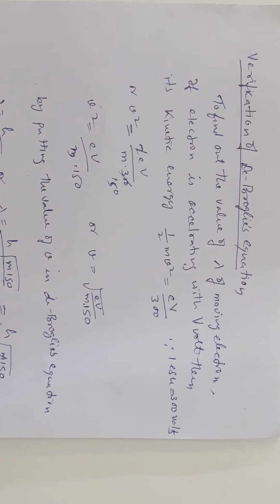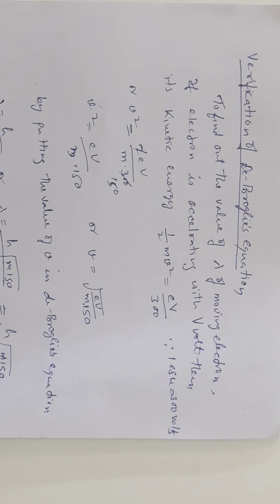Good morning, students. Last time we studied the de Broglie model, which is based on the de Broglie hypothesis that particles also have a dual character like light and radiations. They have a particle character as well as a wave character. For the wave character, de Broglie gave an equation: lambda is equal to h upon p, or h upon m into v, of a moving particle like electrons. He said that smaller particles like electrons, protons, etc., have a sufficient wavelength which can be studied or